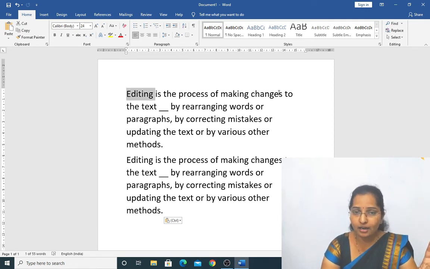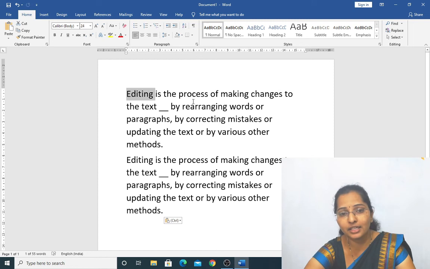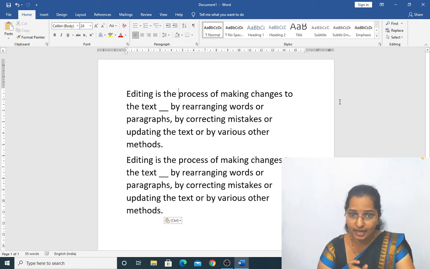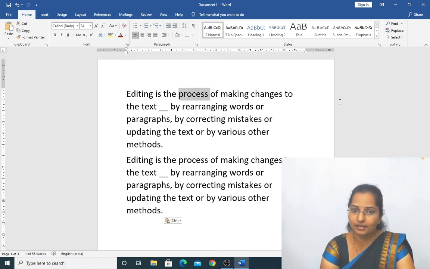Once again I will tell you, both keys, Control and Shift, and the right arrow key. These three keys are pressed at a time. Once again I will show: to select a word, not a letter, from the right side, Control, Shift and the right arrow. Okay, right side of the word.